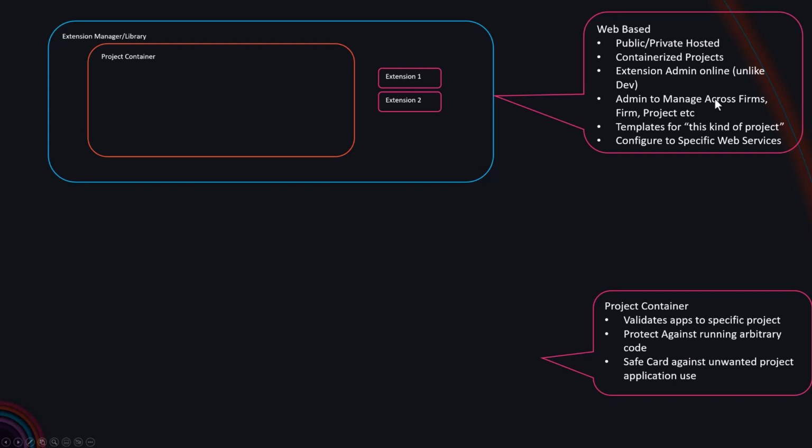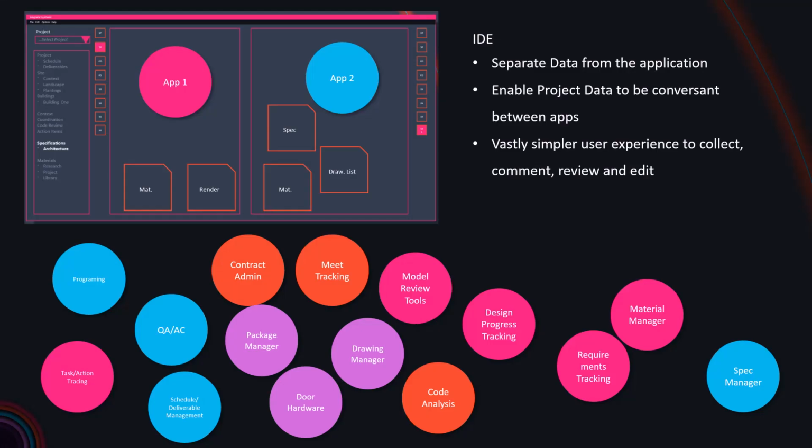sense, like, okay, who's hosting the blank on this project, or can I have more than one container be used in the project context? Probably, or some version of that. Templates, like, we're doing this kind of interiors project, so here's the interior tools, here's the spec tool for interiors, what have you. And then it would be the right time to configure things like, what web services is each one of these apps going to talk to? Because I'm super